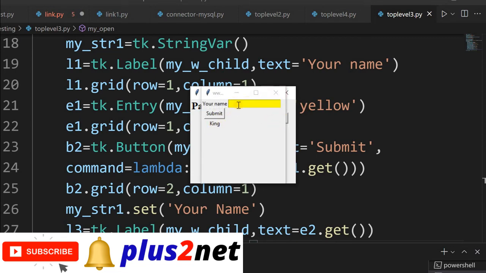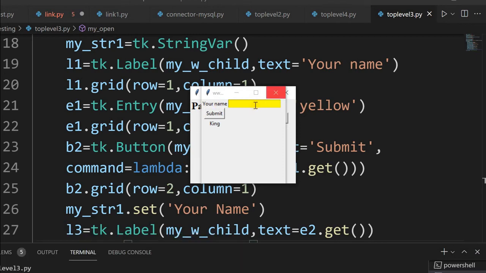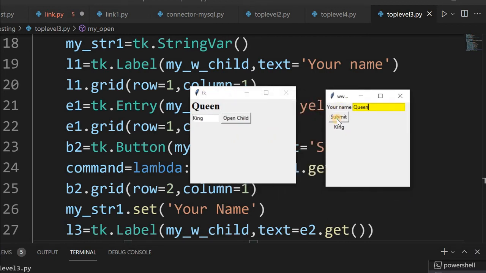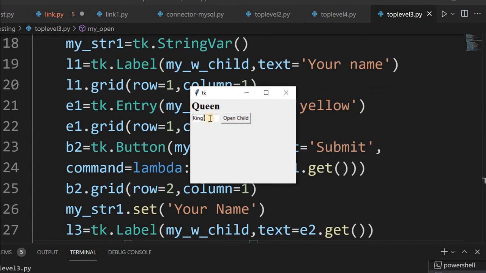So it is there. We have already seen by entering data here, we can pass it to the, now this, let's say queen. Now let me take it out. This is already, we have seen that it is reflecting. Now let me close this, and king, queen. Both I am writing here, open the child. So here it is, whatever we enter, that data will be transferred to the child window. This is how from parent to child and from child to parent we can transfer the data. Many of our applications we use this concept also.